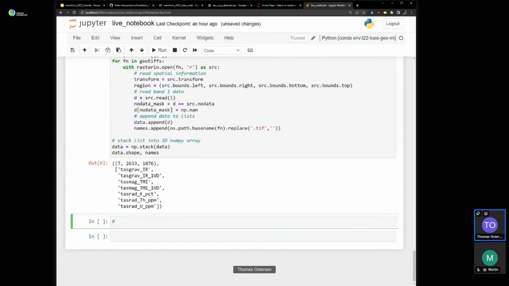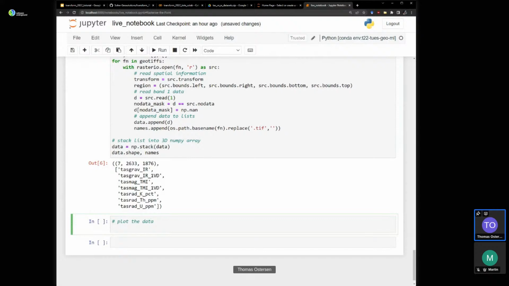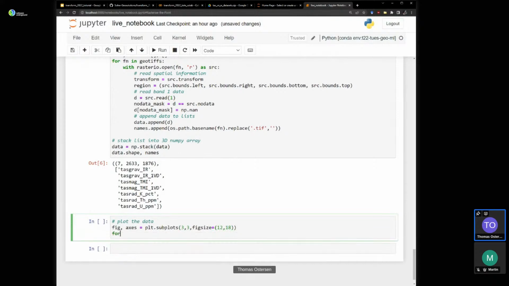So plot data. We'll use a subplot array, 3 by 3, big size. Let's make that 12 by 18. We're going to loop through the axes in this 2D subplot array one by one.